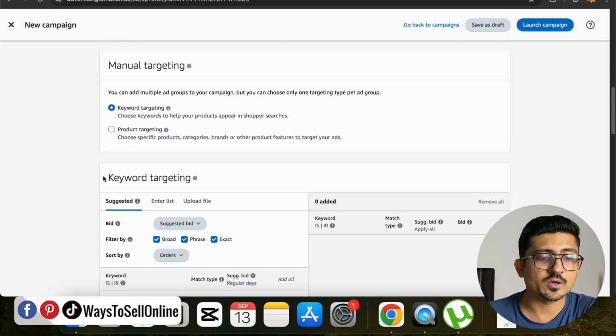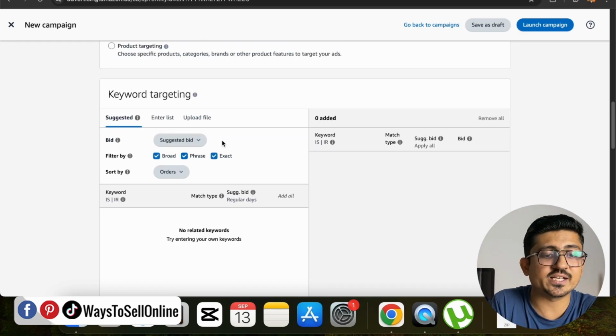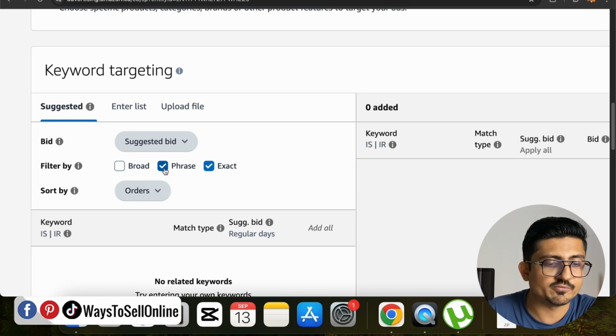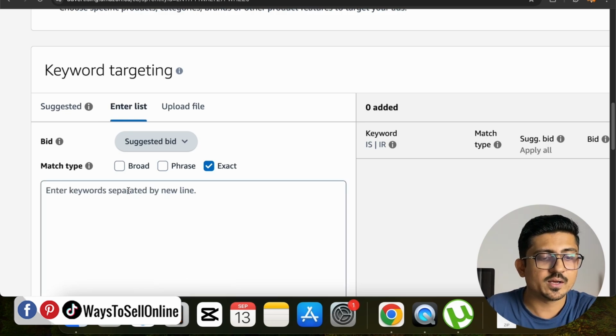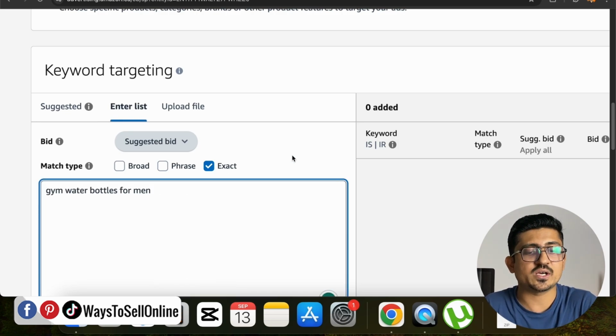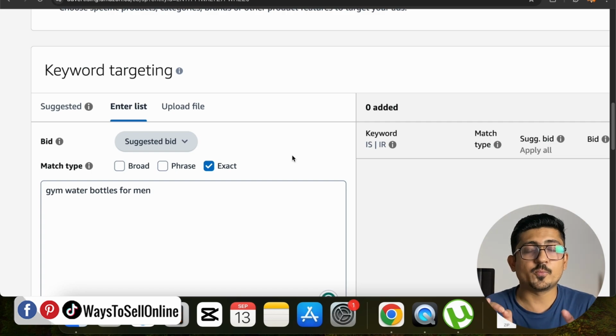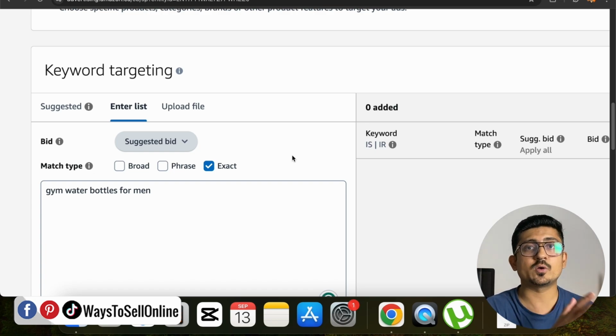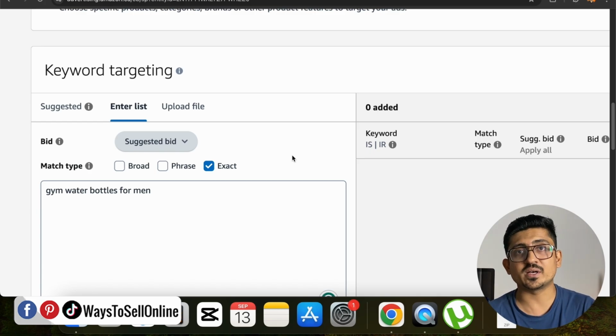And then after scrolling down from keyword targeting, here is where the main magic happens, which makes this campaign different from other regular campaigns. Here I need to uncheck the broad and phrase, and I only have to check the exact, and in the enter list keyword I only have to paste one keyword which I want to rank, right? So after putting that one keyword which I want to use in this PPC to rank my product, this is the difference between a regular campaign and this campaign. In a regular campaign, we can use multiple keywords, but in this campaign, we only have to use one keyword,